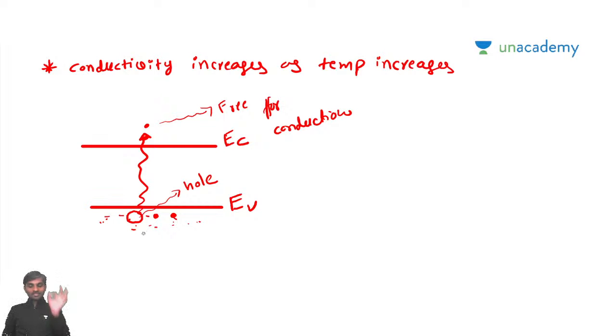The absence of electron in the valency band is represented by a small circle. It's a small circle you can see here, and that is called a hole. Right, so now the important thing you should remember here is